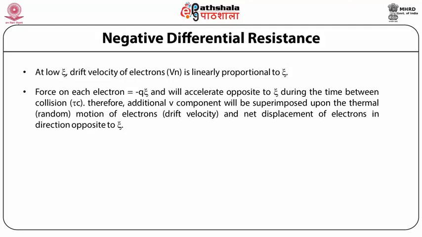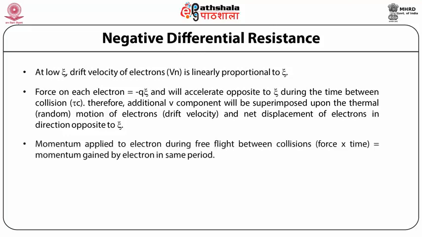So here we assume that tau c is independent of zeta, which is reasonable as long as Vd is small compared to the thermal velocity Vt of the carrier. As Vd becomes greater than Vt, the field dependence on zeta will begin to depart from the linear relationship as shown in this figure. So for N-type gallium arsenide, Vd reaches a maximum and then shows a decrease with increase